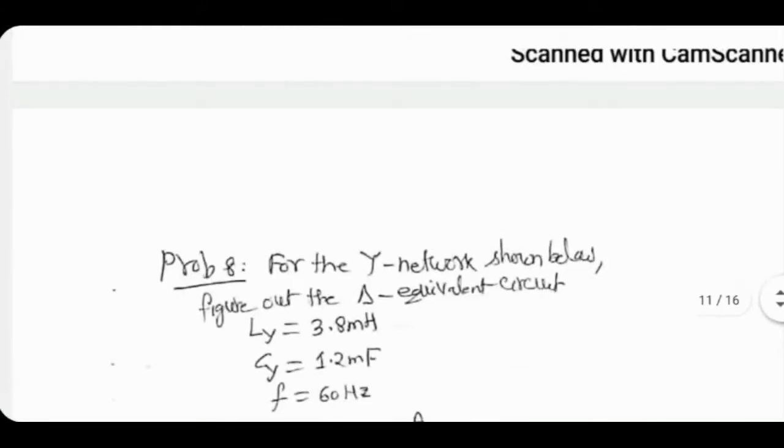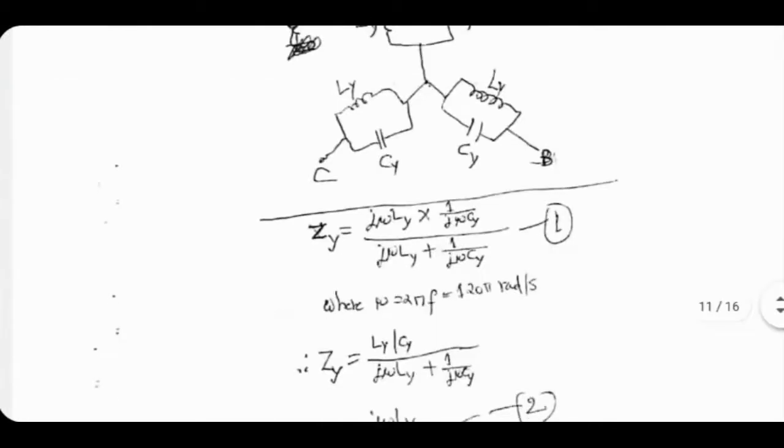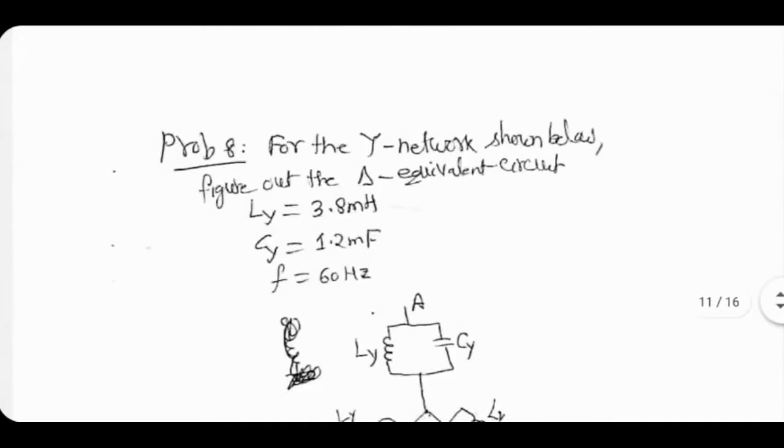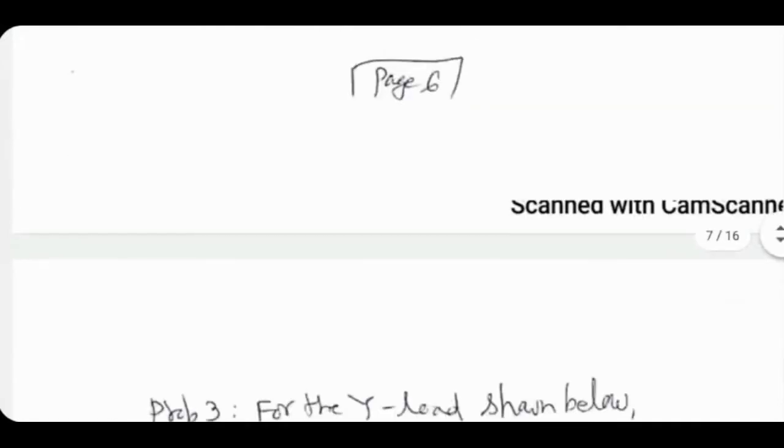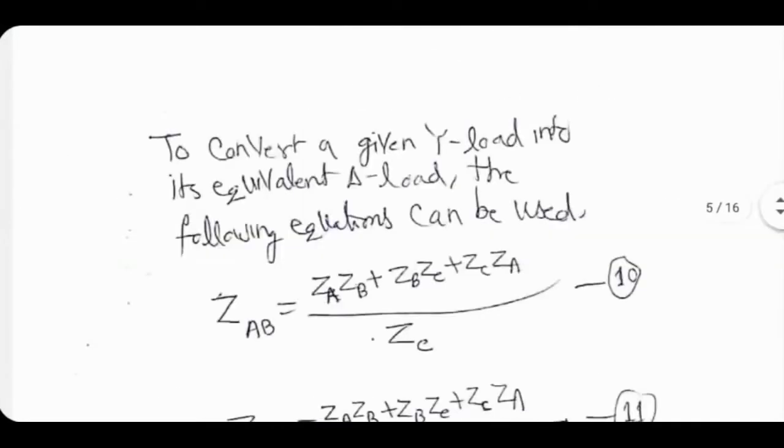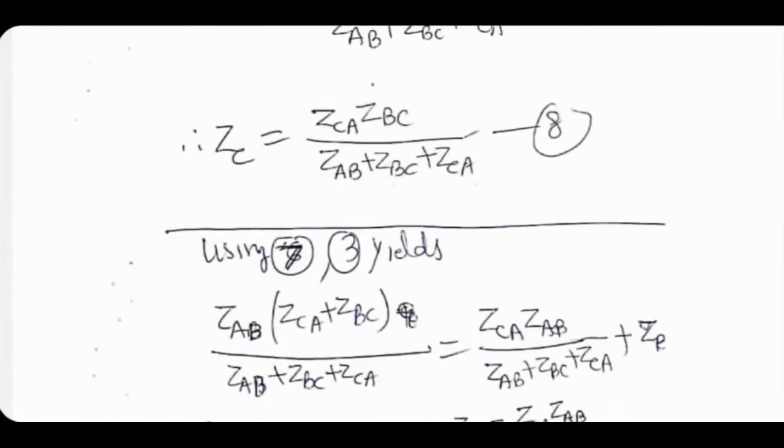One more problem is given here. I don't think I will be solving it. And there's a lot more here, which maybe I'll take up next time. But once we know how to convert loads from delta to Y or Y to delta, the second challenge, which is even more serious, is how to analyze an entire three-phase system. For that, as I said in the beginning, there are 4 possibilities. Let me stop this document and talk.